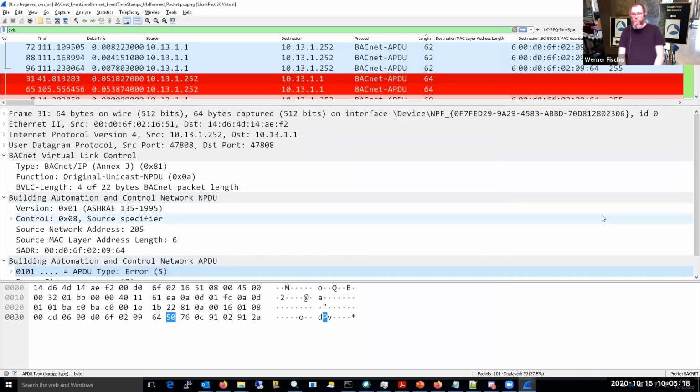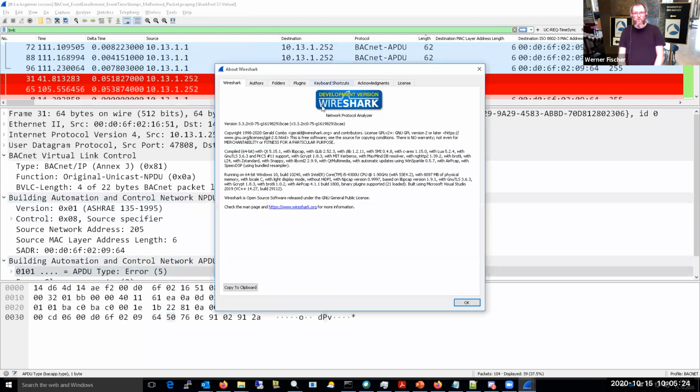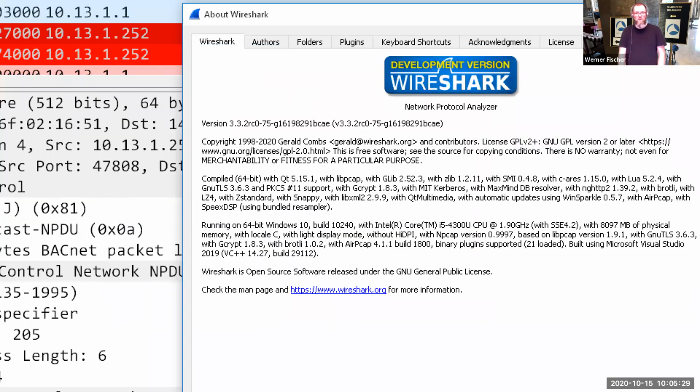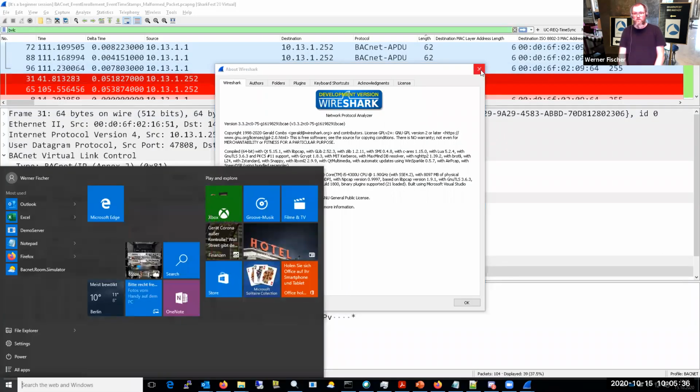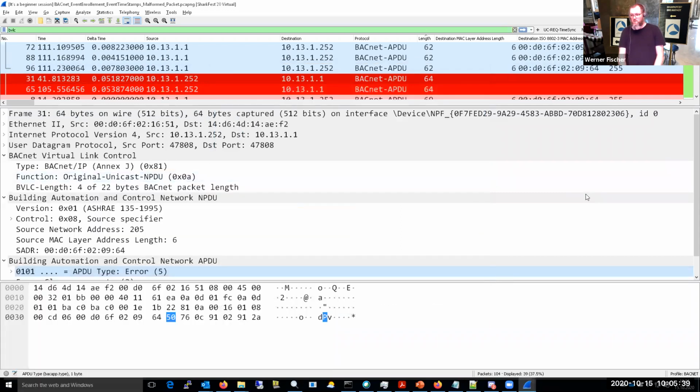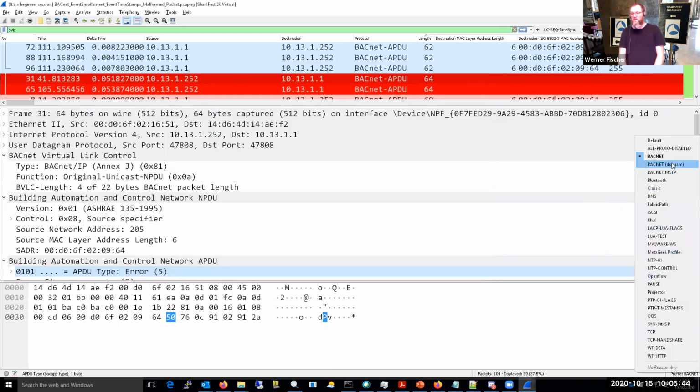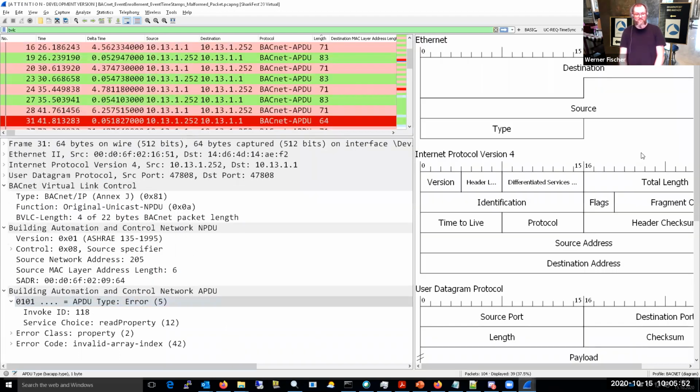There's a new cool feature because I'm using the development version, 3.3, for this presentation. Gerald mentioned a very cool feature in the keynote. I think you heard about it. Hopefully everyone was there in the keynote session. And I made a different profile for that. I called it BACnet diagram. When I select that profile, oh my gosh, that's a cool feature. And you see on the right-hand side,